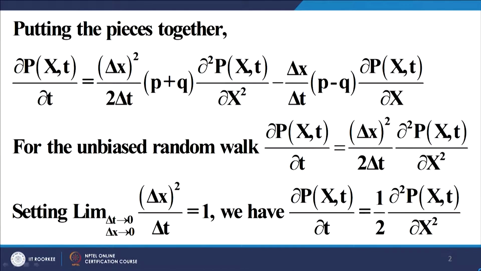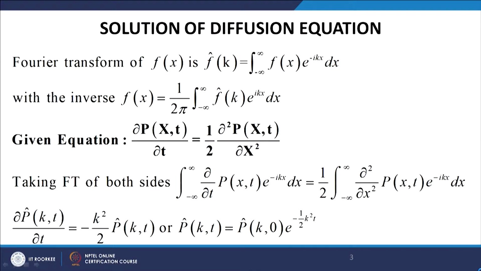Right. So, before the break we had obtained the diffusion equation as the first derivative of the probability is equal to 1 by 2 into the second derivative of the probability with respect to the space variable. Now, our next issue is to solve the diffusion equation. We shall do so using the Fourier transform, which is perhaps the most elegant method to solve this particular equation. There are other methods like separation of variables, but this happens to be a very elegant and very precise method of solving this diffusion equation.